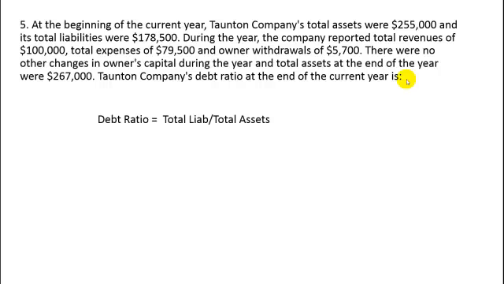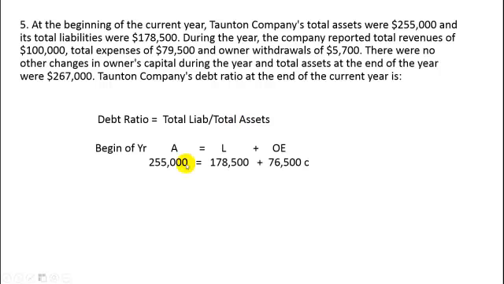Well, debt ratio is what we're looking for, and we're looking for it at the end of the year. So debt ratio is total liabilities divided by total assets. So let's start with what we know. At the beginning of the year, we know that the assets were $255,000 according to this information, and liabilities were $178,500. And if we know these two pieces, assets and liabilities, we can compute owner's equity at the beginning of